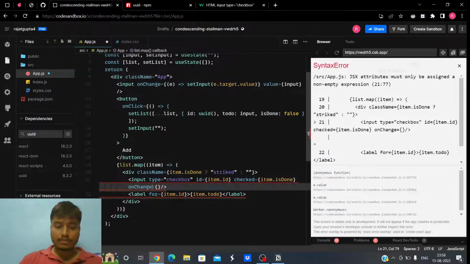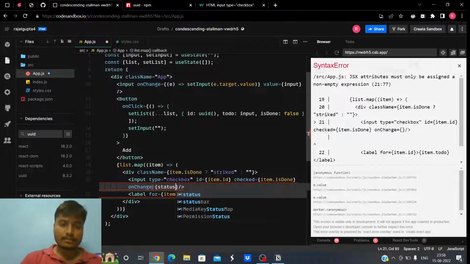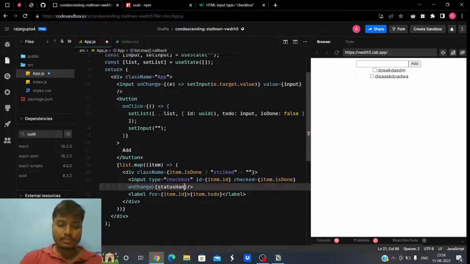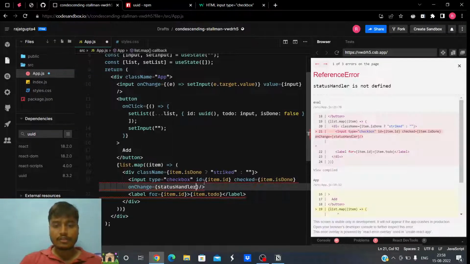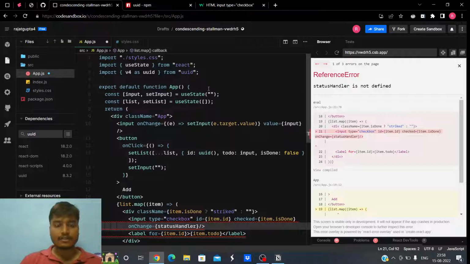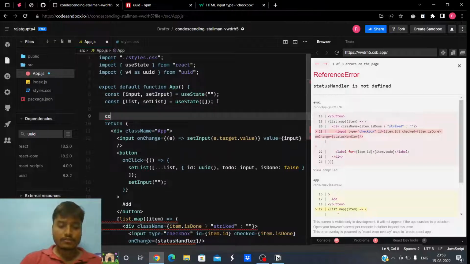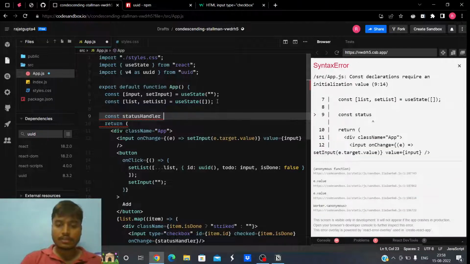So we'll give it statusHandler, so it will simply run a function named statusHandler. It says statusHandler is not defined, no worries, let's define statusHandler. I'll be using arrow functions here. Const statusHandler is equal to,